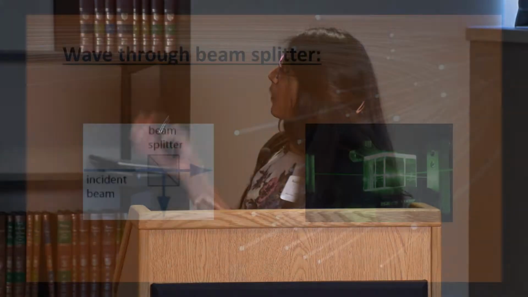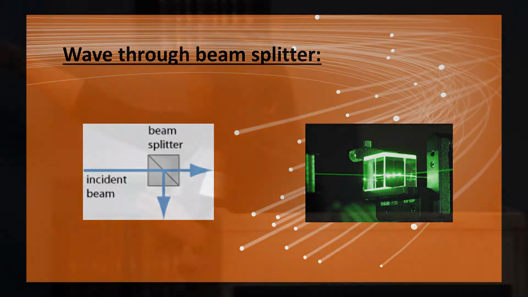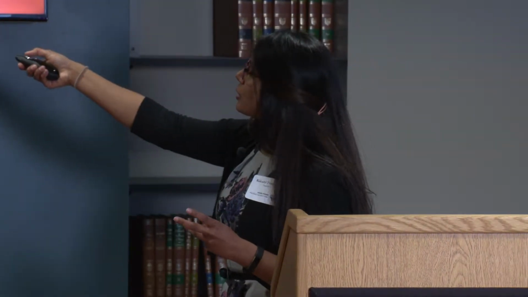So a wave, when it goes through a beam splitter, can split in half, and 50% of it can go straight through, and 50% would reflect. And that is an actual beam splitter on the right. And so what does a particle do then? Does a particle split like a wave does? No, it doesn't, because a particle cannot be split. A photon cannot be split, so it can either go straight through or it can reflect, but not both.